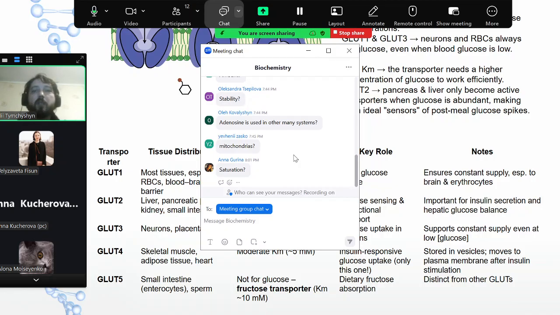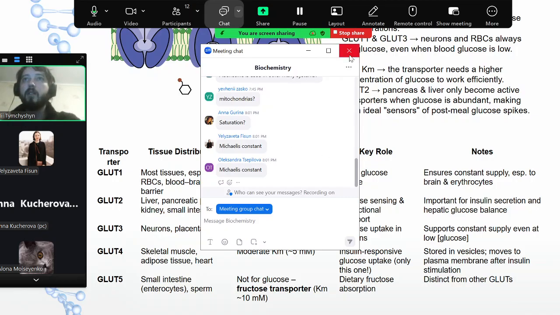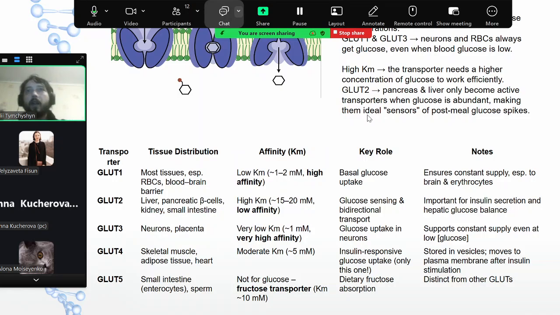In some sense, but there is basically a term. How do we call these Kms? Do you remember that part of the lecture, I don't know, lecture 5 or something like that, on the enzymes? Yes, Michaelis constant, absolutely correct. So Km is the Michaelis constant. And do you remember what the Michaelis constant is? What does it mean for some protein, let's say an enzyme,